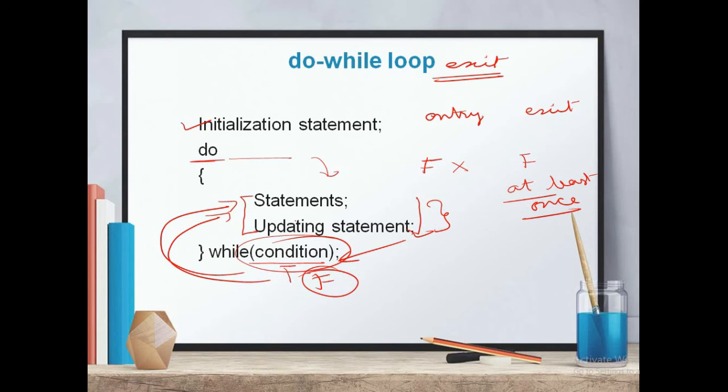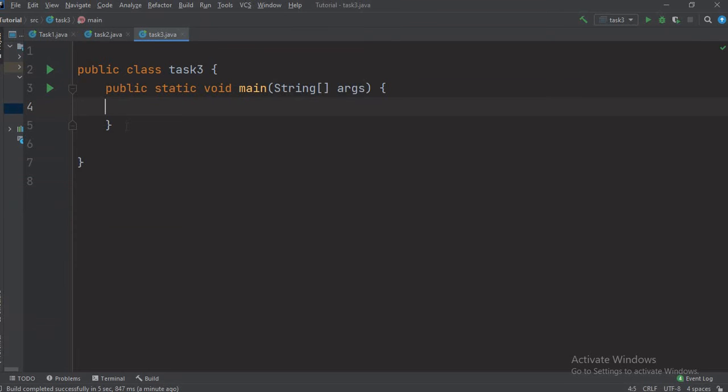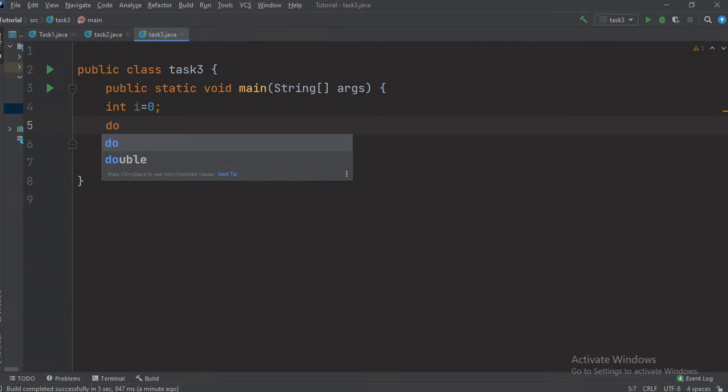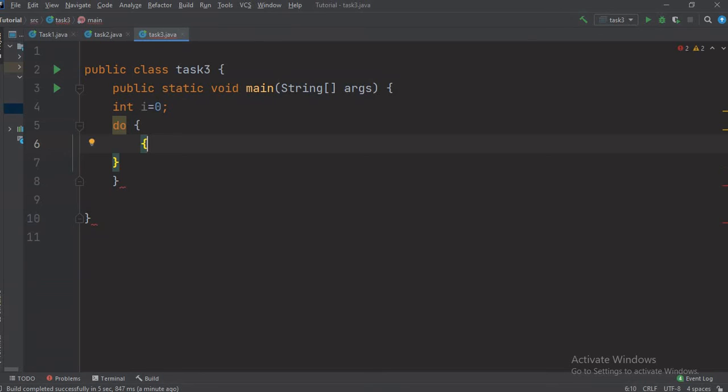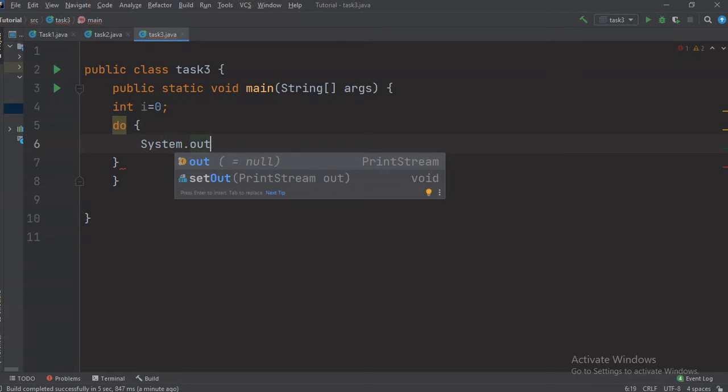So let's go and check the programming example. We'll see the do while loop, which is the exit controlled loop. First of all, you have to initialize the variable. Suppose I have initialized it with 0, then you have to write do, and here you can put all the statements that you want to repeat.